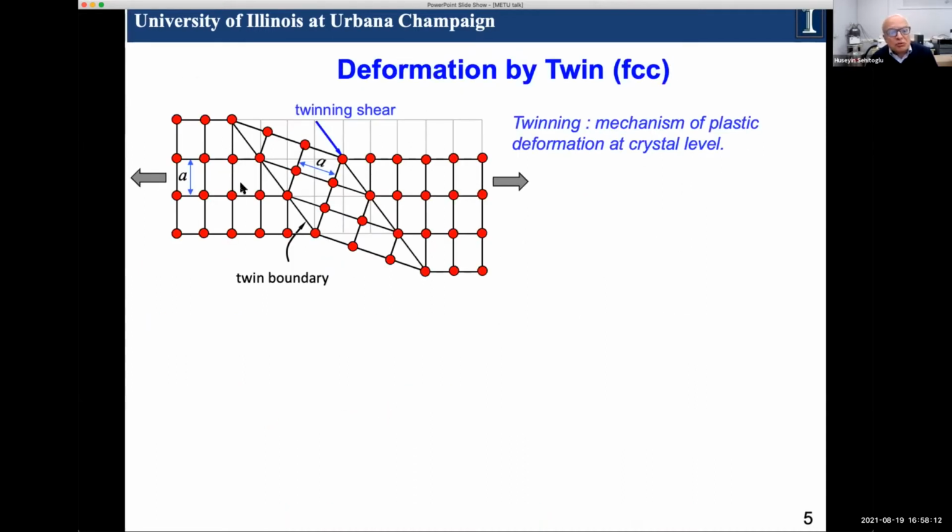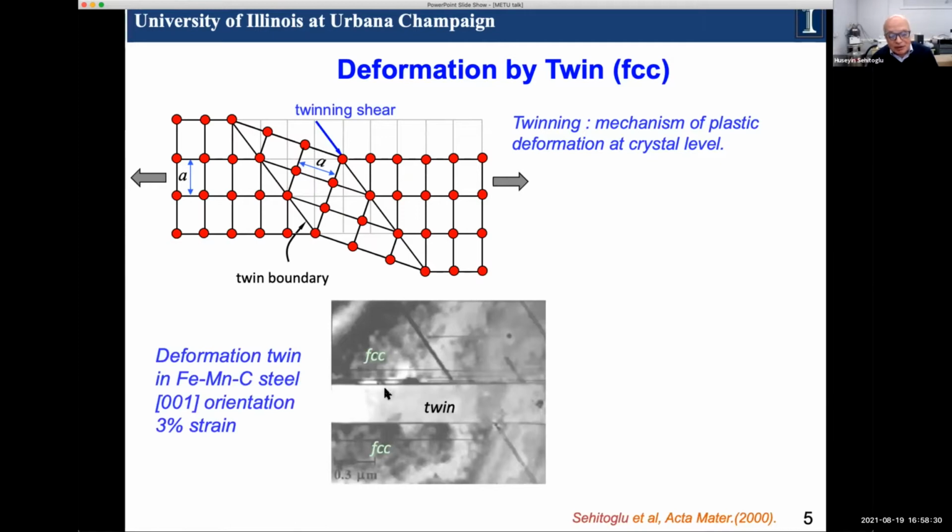So this is the picture of twinning. Twinning is, of course, a mechanism of plastic deformation, and it's like an abrupt reorientation of the crystal, right? This is the matrix, this is untwinned, and this is the twin region here. And it looks like this at the micro scale. This is the twin region. This is a region that has some micro twins also, but it has matrix which is undergoing slip. That's Hatfield steel.